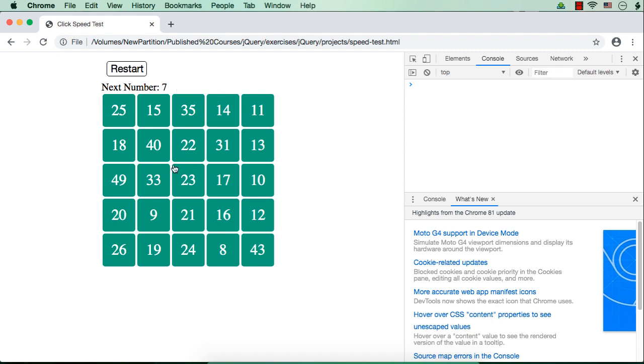Now when a new number is added from the second array, let's change the background color of this div element a bit. So it is not going to be an entirely different color, then it will be easier for the person to find the numbers, right? Instead, let us make a slight change to the background color.